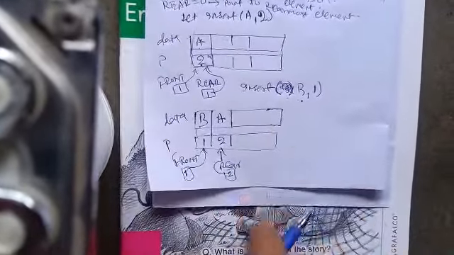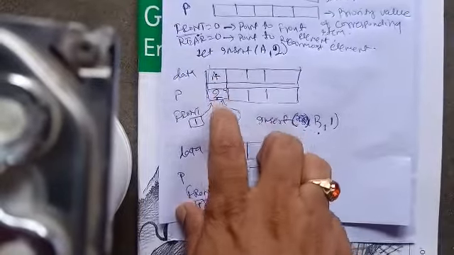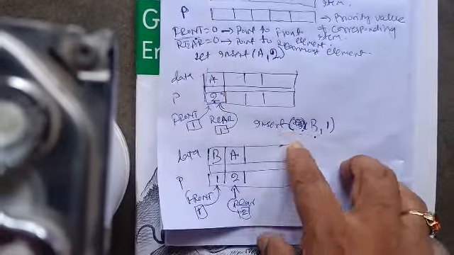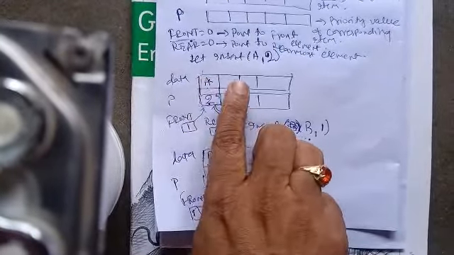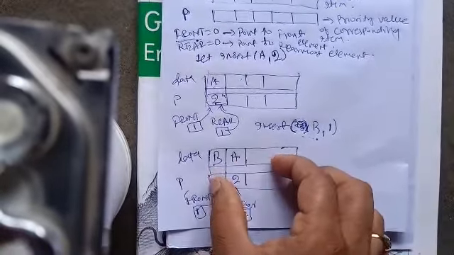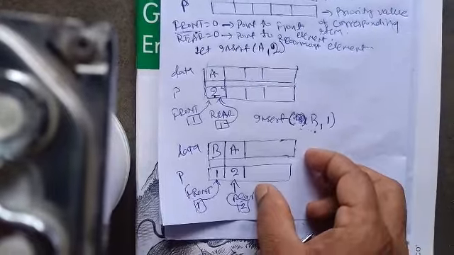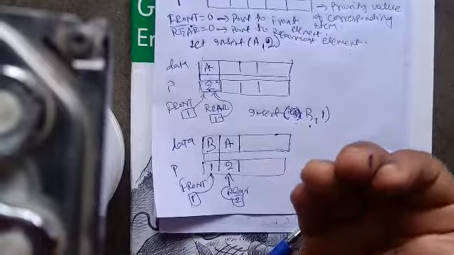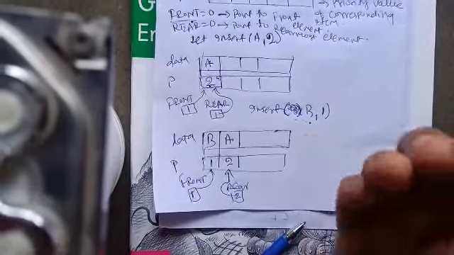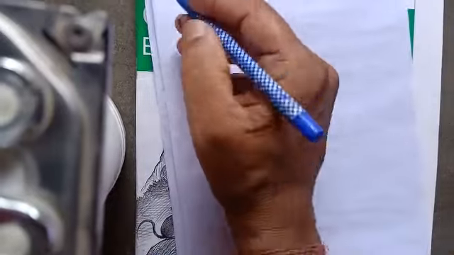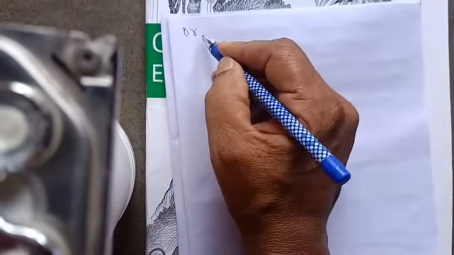See, here we already have A in the array, but now when B arrives, the value A has to be shifted towards the right, so it has been shifted. Gradually, if more and more elements are already present, then the number of shifts would be more, and this shifting process will waste a lot of time and effort. Okay, so this is the drawback. Clear? So what is the drawback or limitation?